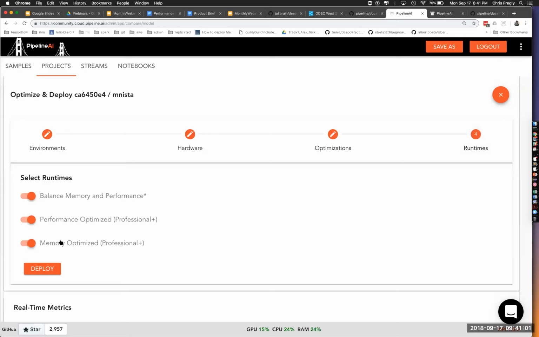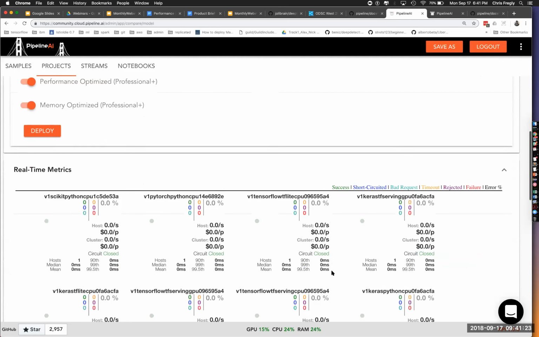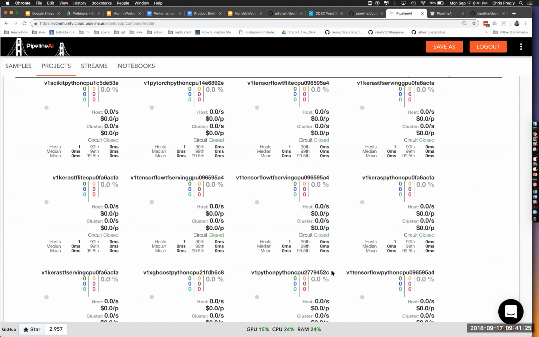This is the businessy version of it, but since we have a lot of engineers on the call, this is TensorFlow Lite and similar technologies, where we're really trying to get the smallest model. Maybe we are trying to deploy on a small device, or we just want to try out a smaller version of the model and see how the performance is. We would click deploy, all those would get generated and pushed out, and then we could start the load test I'm doing here.